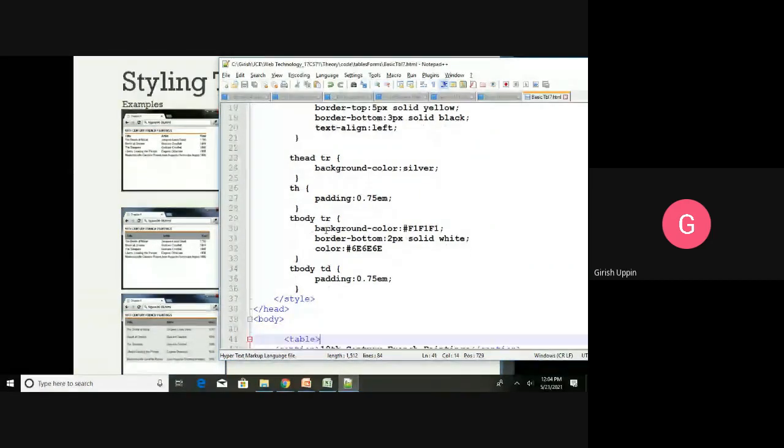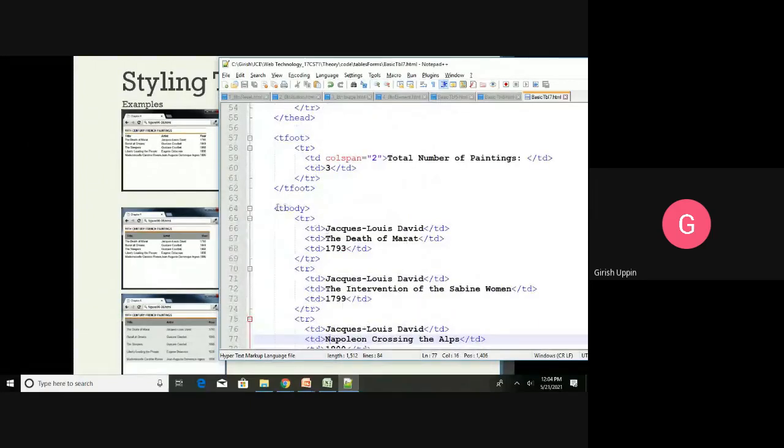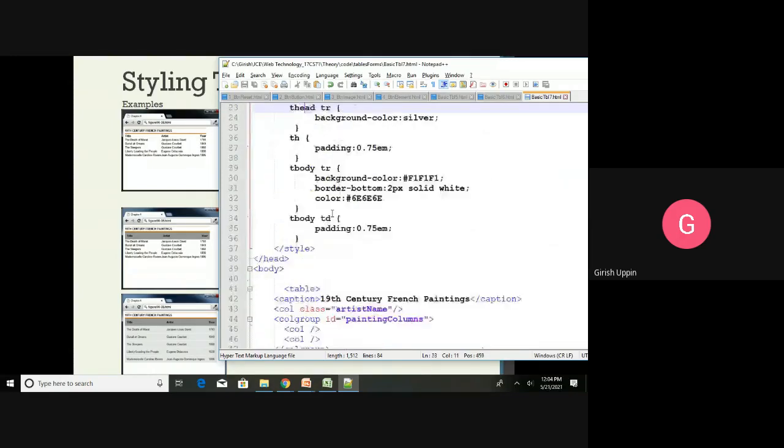We have already learned about those selectors, how those are selected. So T body descendant TR, that style will be applied.